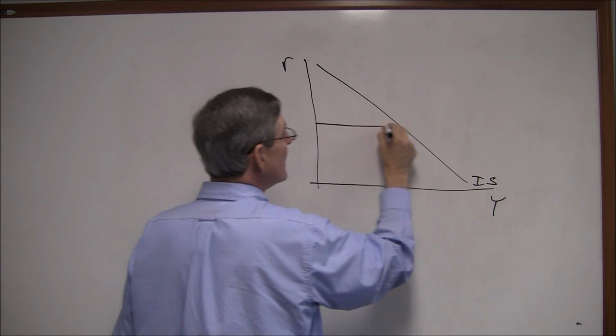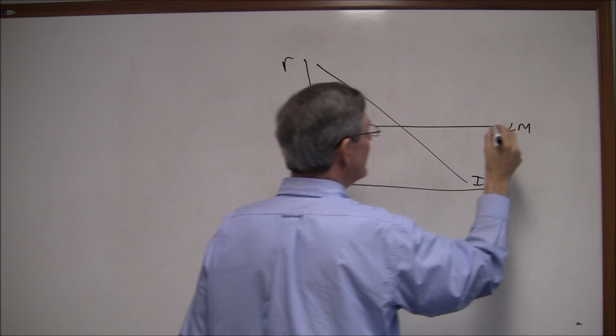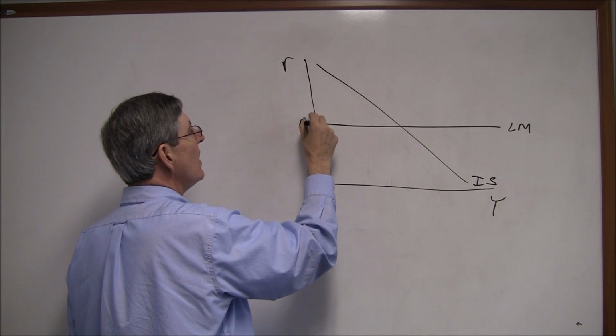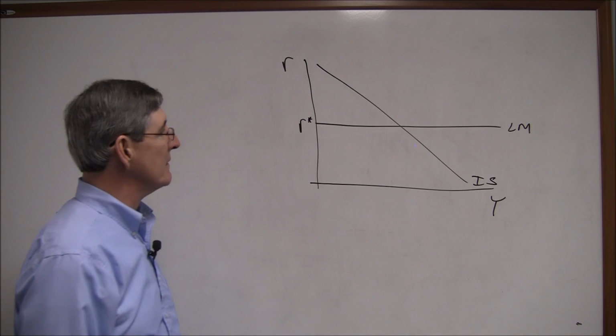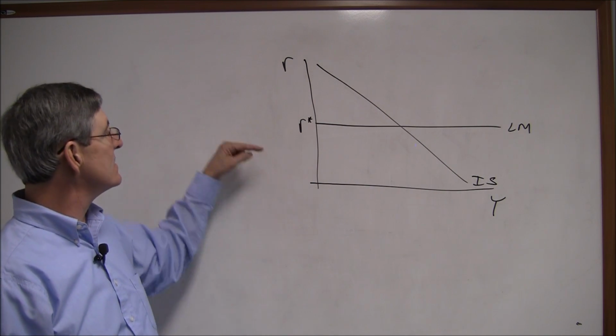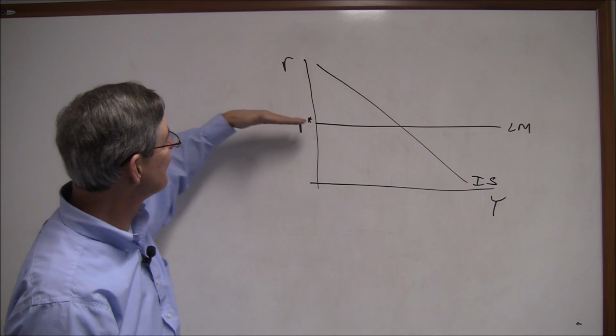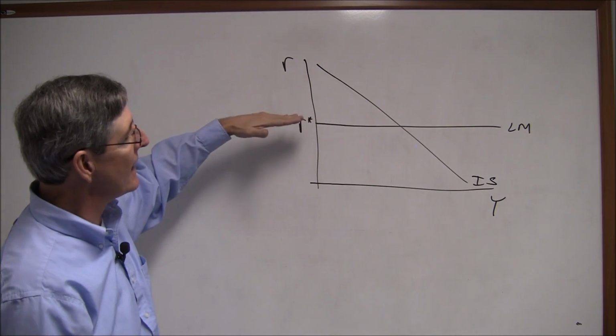For the book, the LM curve is just a horizontal line at the interest rate target, because the Fed's going to do whatever it needs to do to the money supply to make sure that we're at that interest rate